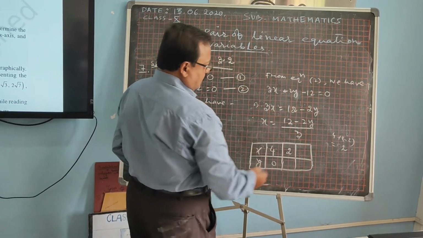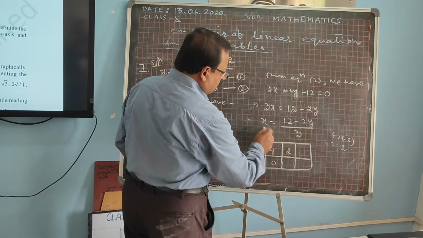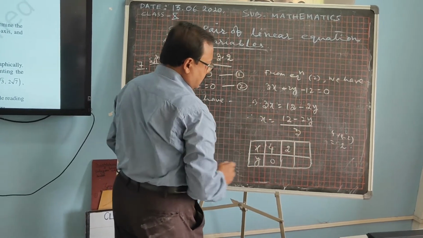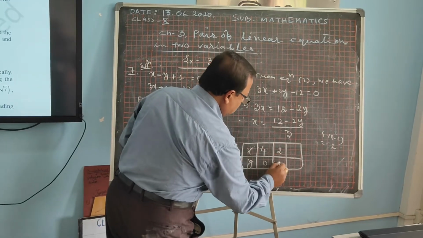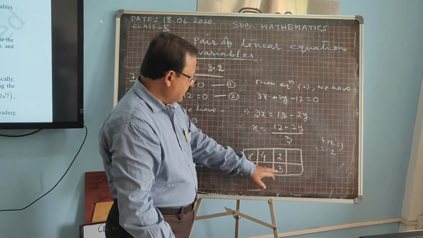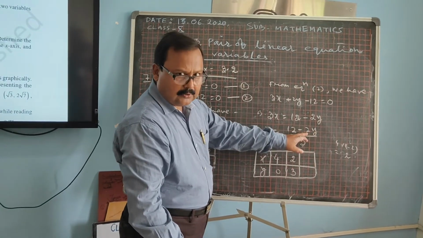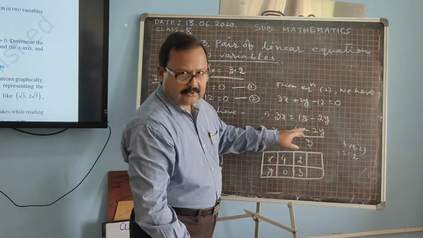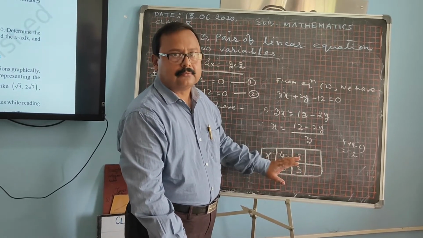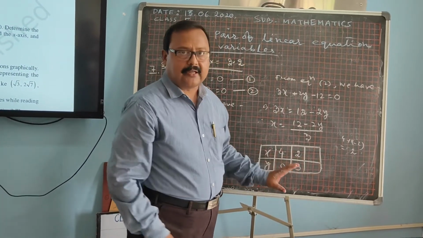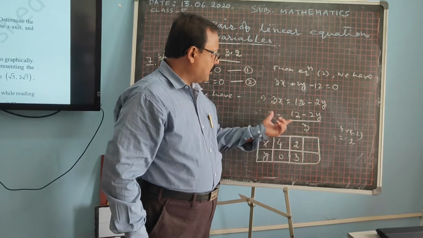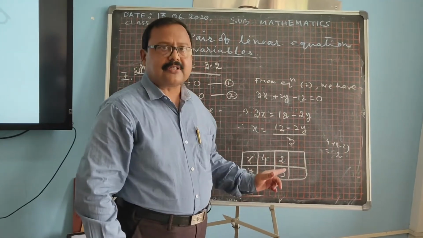Automatically you can find. Then with the value of y, you add the coefficient of x. Then 0 plus 3, it will come 3. Check whether it is correct or not. Then y is 3, 3 into 2, 6. Okay, student. Then 12 minus 6 equal to how much? 6. 6 divided by 3, it will come 2. You can check. Okay, this is the technique. In this technique, you can find easily, whether it is a fractional equation that will come, then it will be a very big advantage for you.